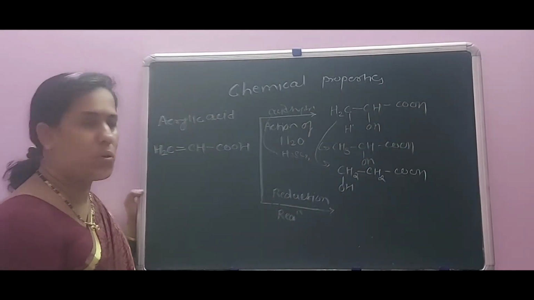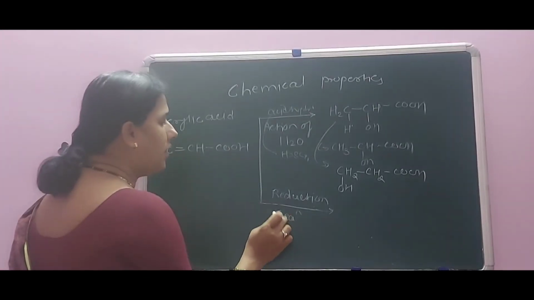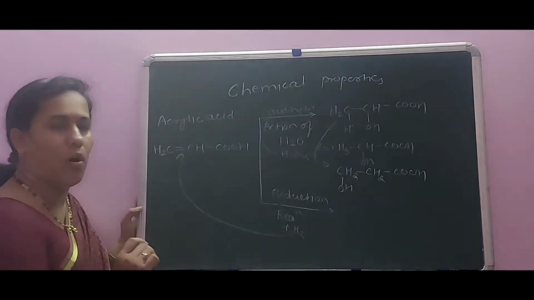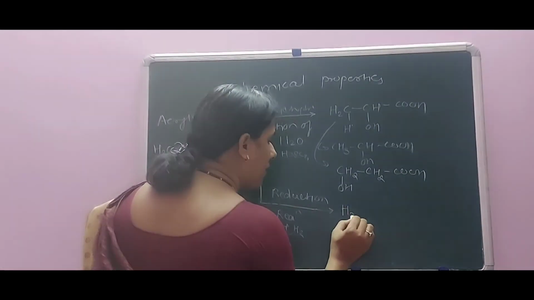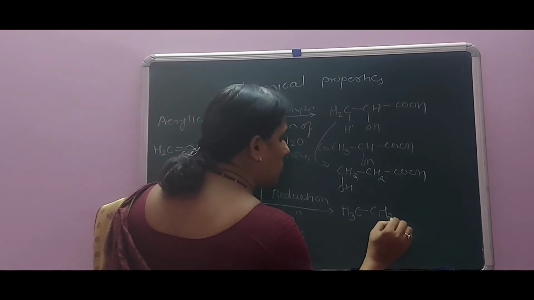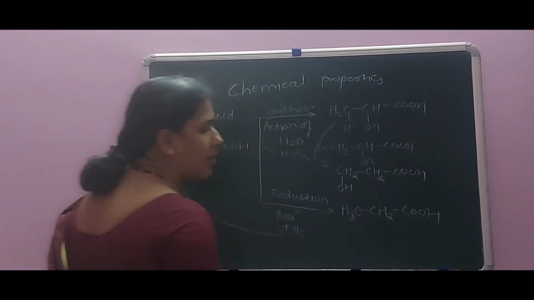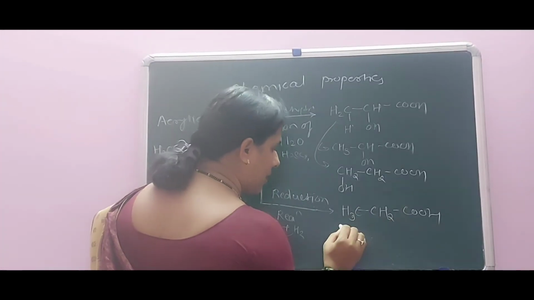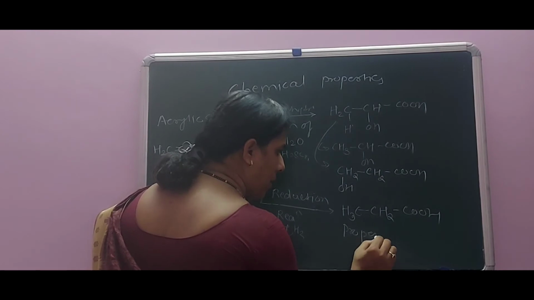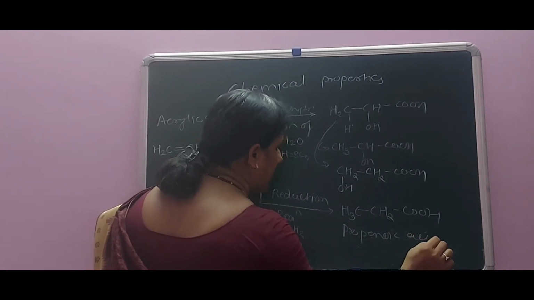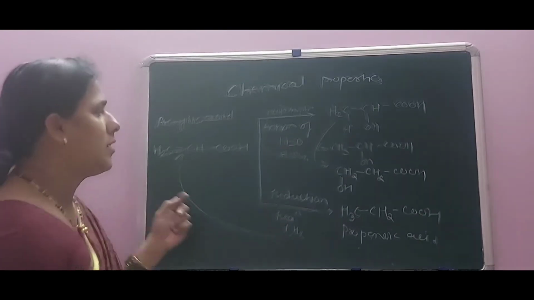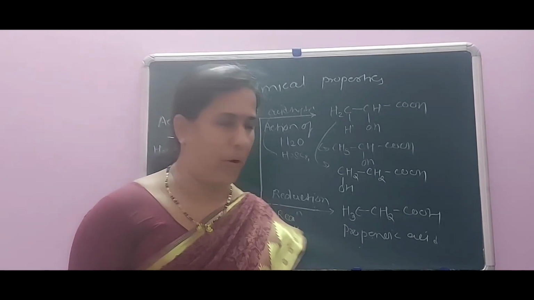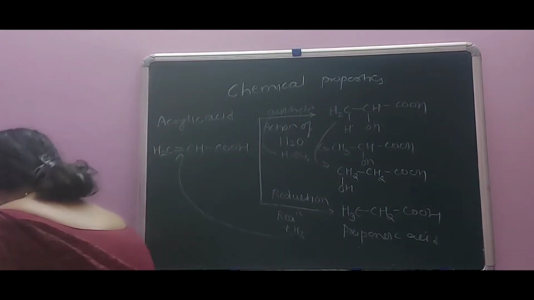These possibilities are also possible on reduction. Addition of H2 to this double bond gives rise to formation of CH3-CH2-COOH. This is propanoic acid, with carbons 1, 2 and 3, therefore normal propanoic acid. And the other is the alcohol with COOH. You have to guess these points. Now, these are the properties.